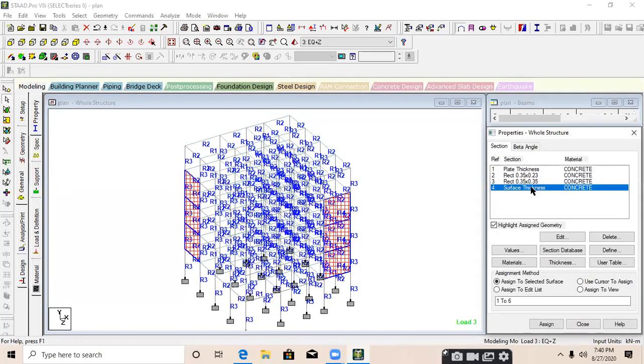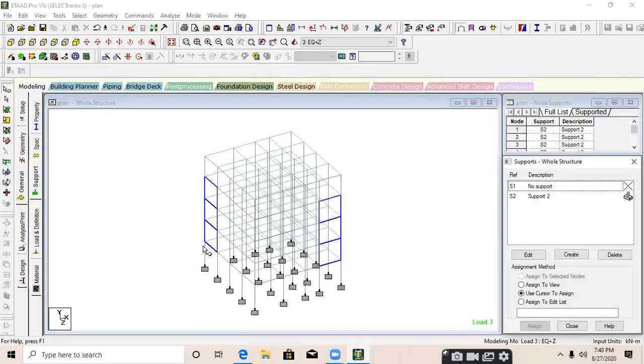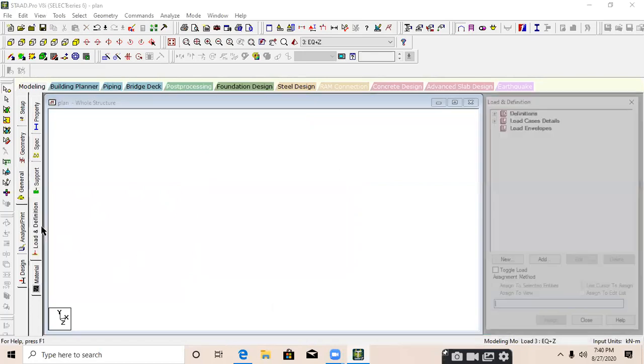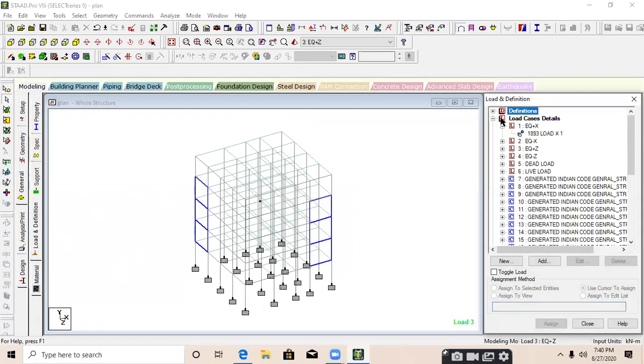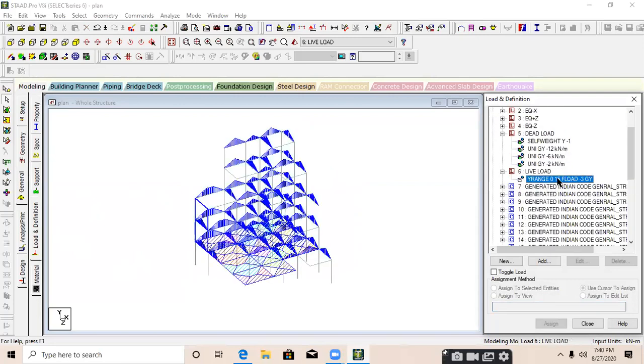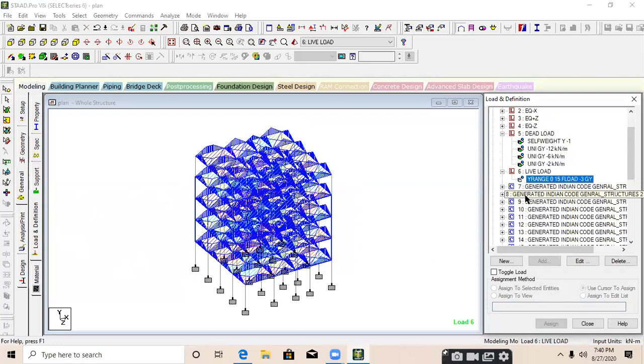So it is about how to provide property to the particular surface. We have provided all the supports and all the loads like seismic forces, dead load, and wind load. Sorry, live load.